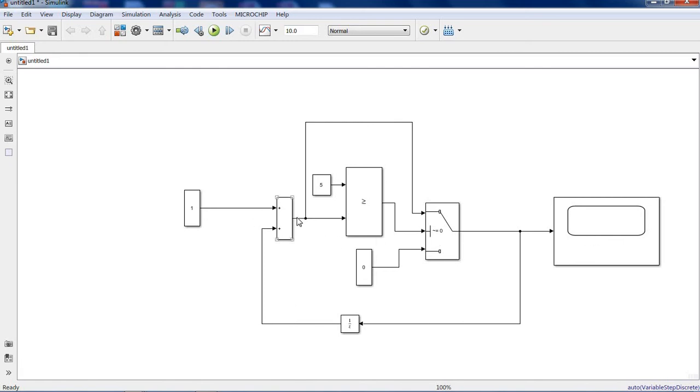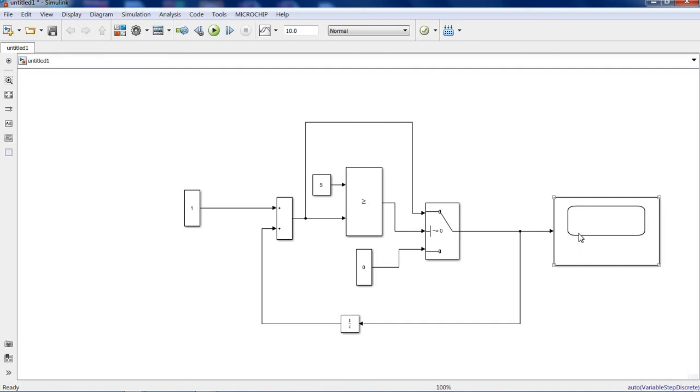Once this counter reaches 6, it will check whether it is greater than or equal to 5. Yes, then it will give the true condition, which means it will give 0. Then this 0 will be passed, so it will reset the counter.